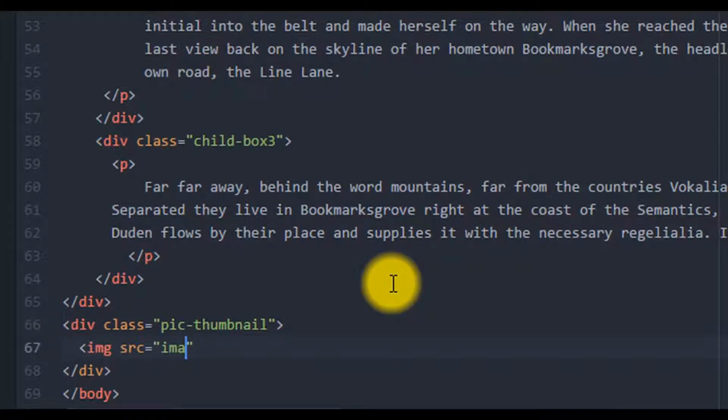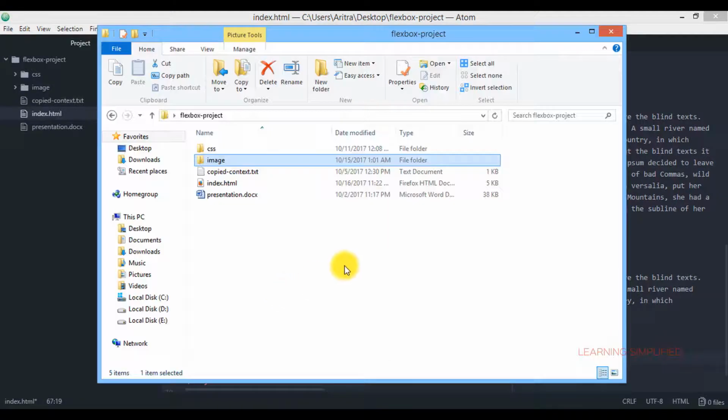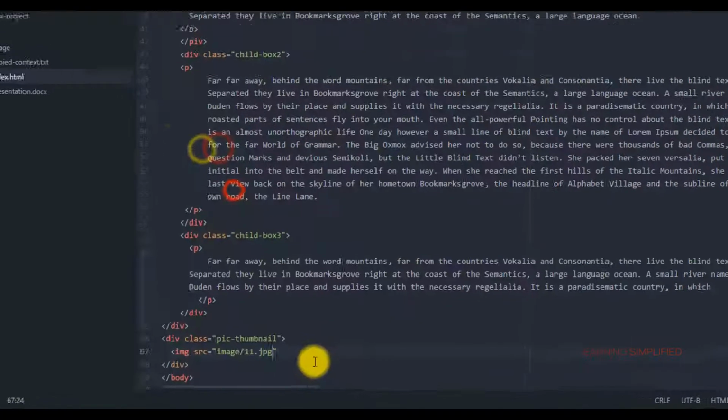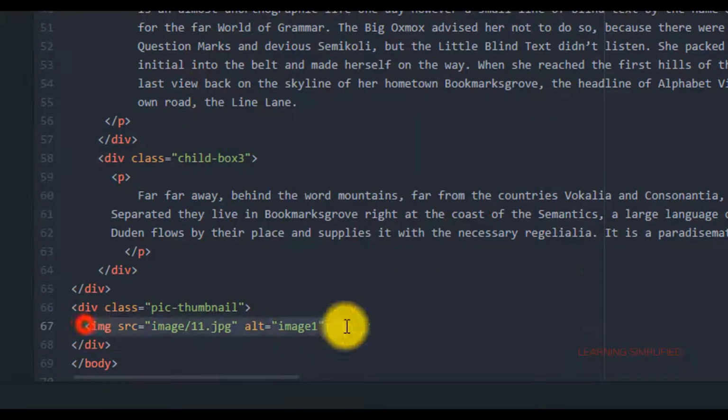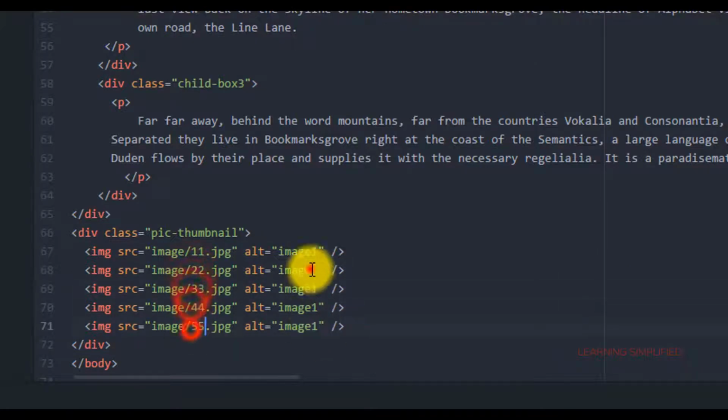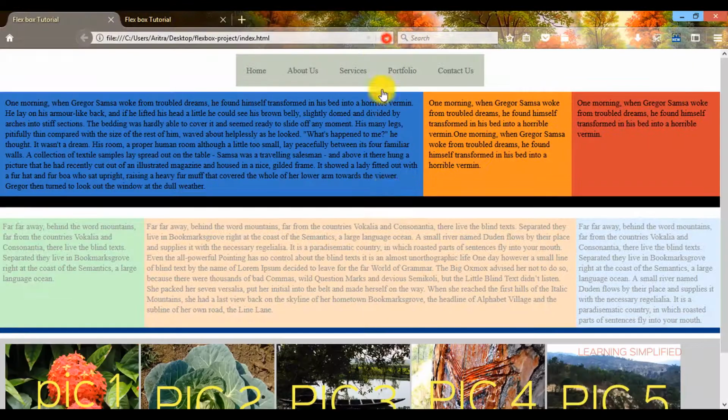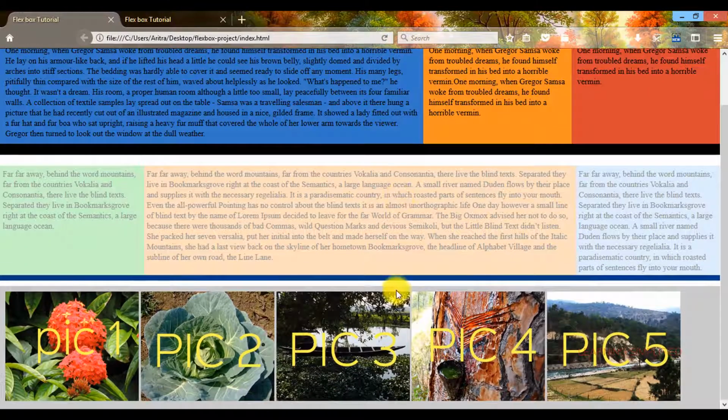So I have created a folder which is known as image, and inside this folder, now get back to your project and reload, and you can see that all those images are present inside this div class pic thumbnail as we have created here.